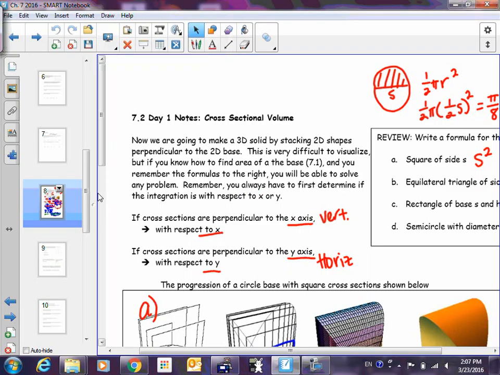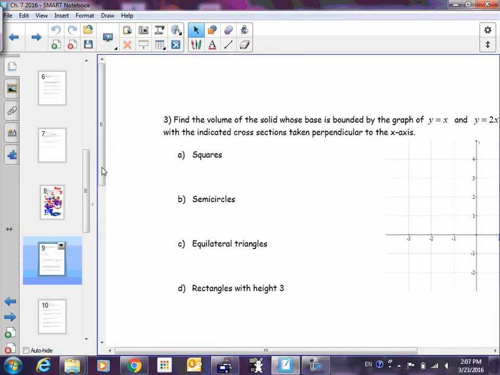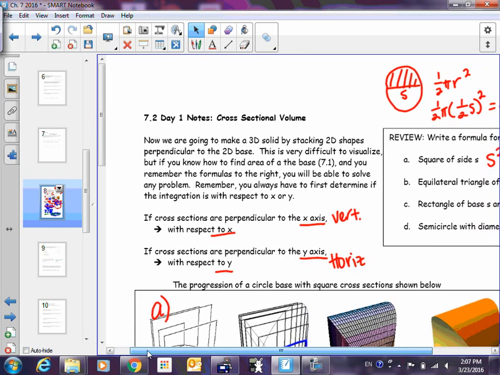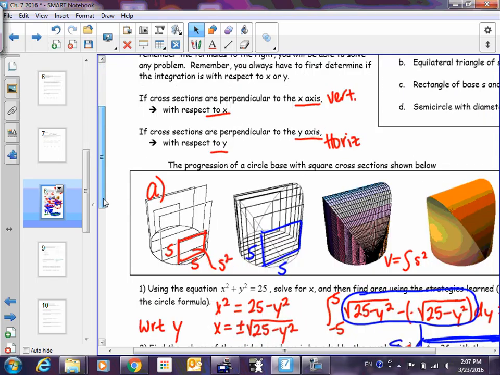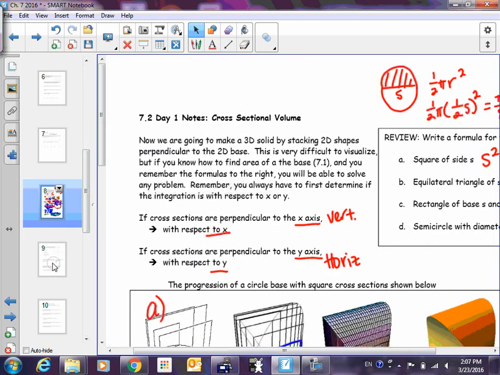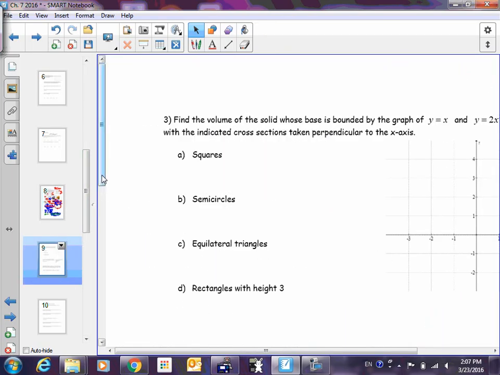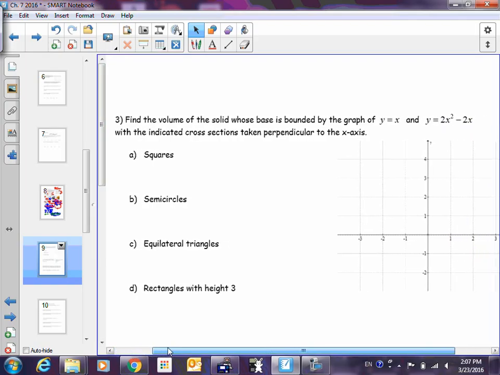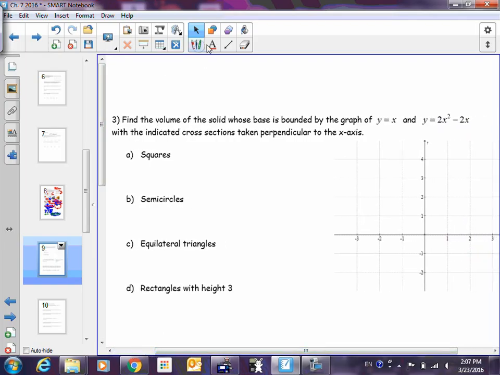Okay, so we're gonna do day 2 of this. All right, so if you remember on the first day, we went through all those websites. You could go back and watch that for the basic stuff, but we're gonna practice this a little bit more now. All right, so turn to this page where it has number 3 on it. Okay, so